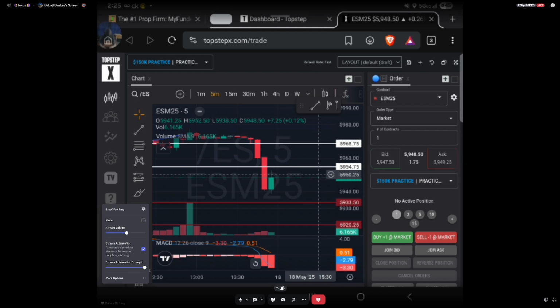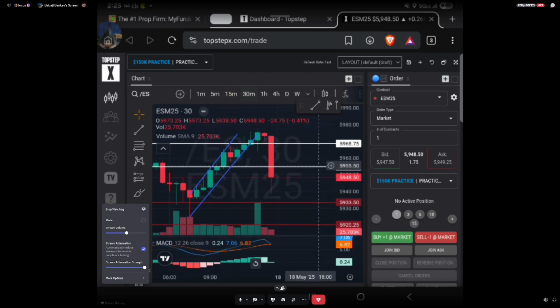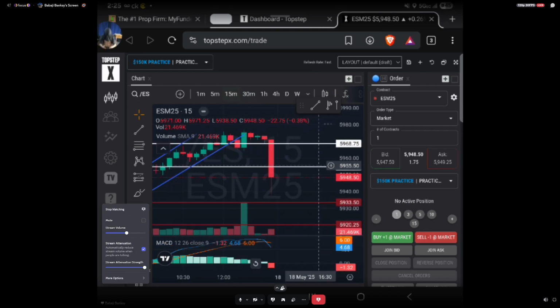So look at the story that's kind of being told right here, right? This is what I would do if I was going to trade opening, which I'm not going to trade opening. But because I'm telling myself this story, I'm trying to execute a plan on where my buy and sell zones are going to be once the market opens. Am I going to buy it? Am I going to sell it?